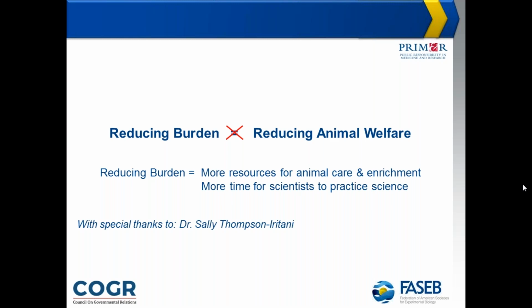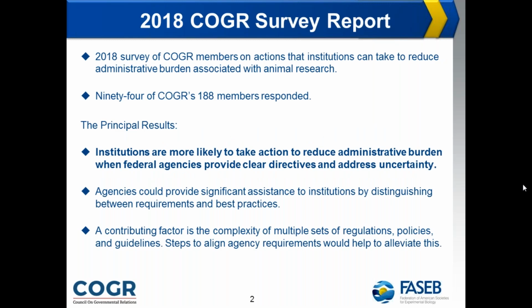That last point is, I think, a key point. Well, if we turn our attention to the survey, yes, this slide, the 2018 survey of COGR member institutions on actions that they can take to reduce administrative burden associated with animal research was conducted. It consisted of 21 questions, so it was a manageable survey, and that's probably why 94 of the institutions actually